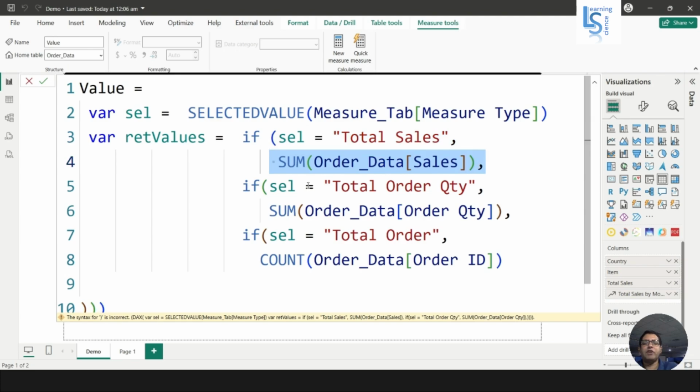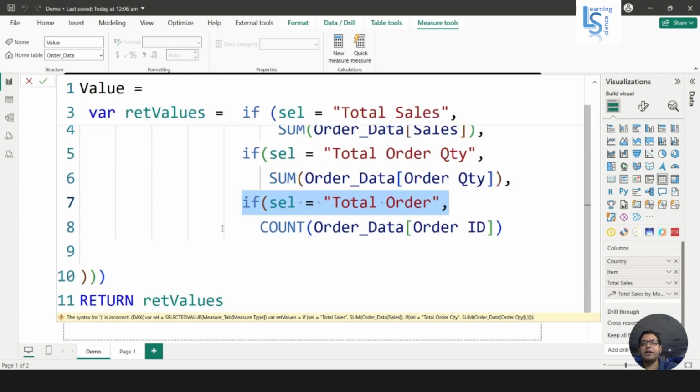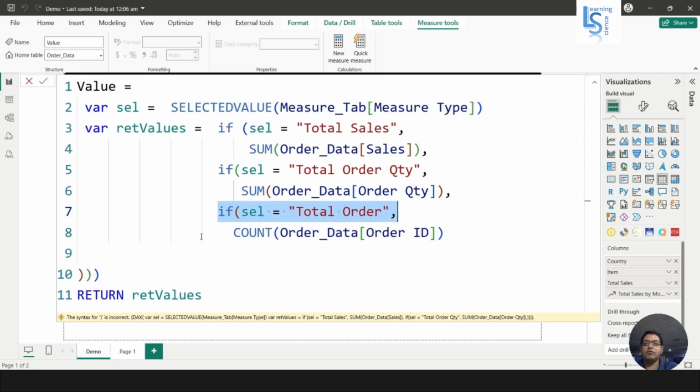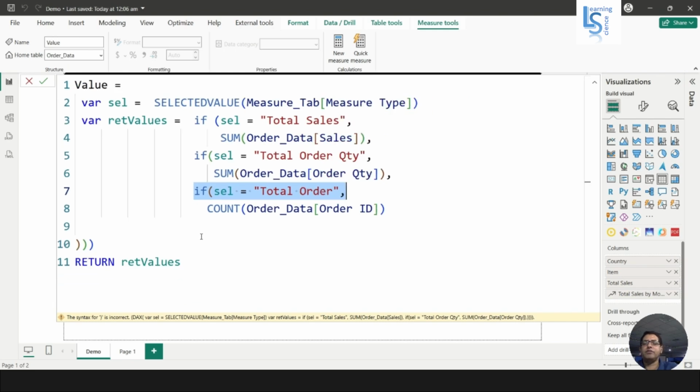If the selected value, whatever user has selected from the button, is total order quantity, then sum of order quantity, otherwise it is total order, like that, and at the end I am returning this final value. So if you can see, the measure looks like this. Here we'll remove some space. Okay, now we'll accept this measure,